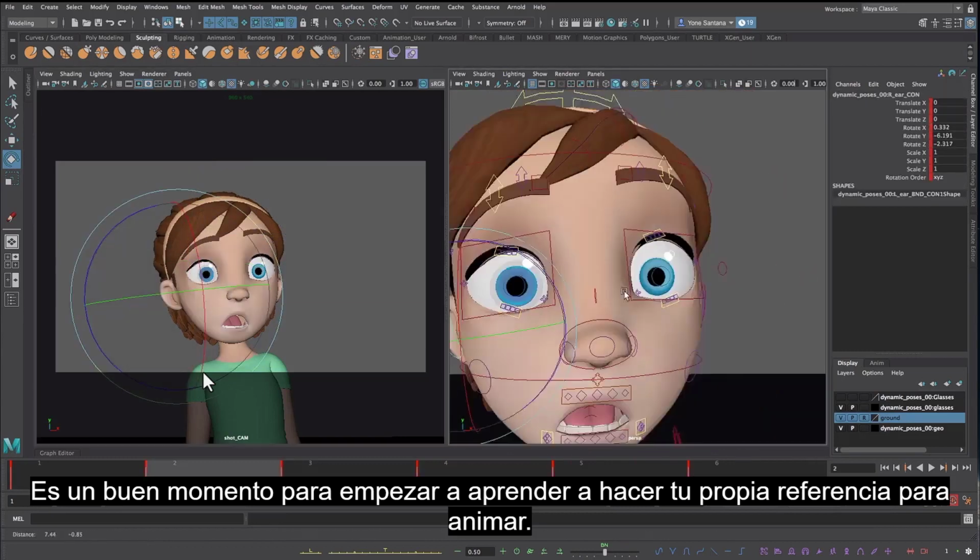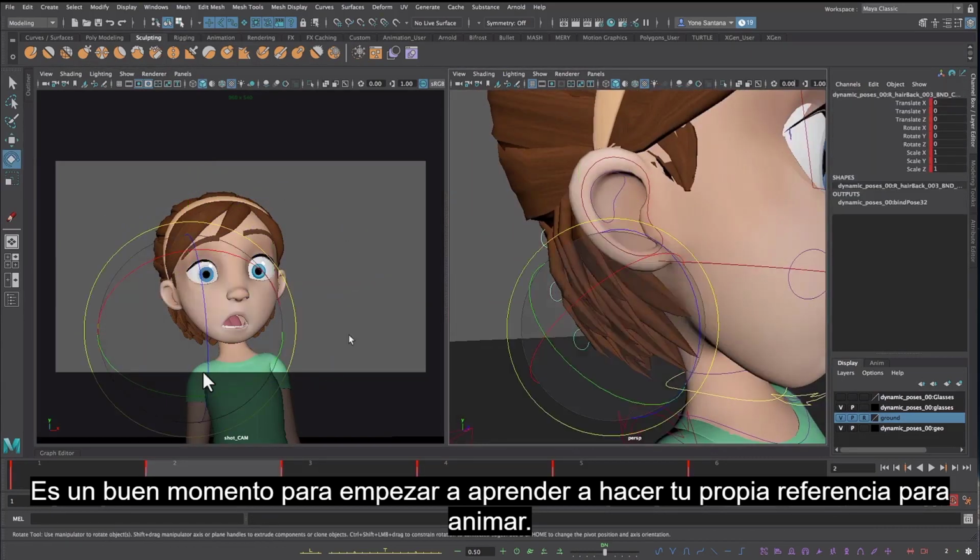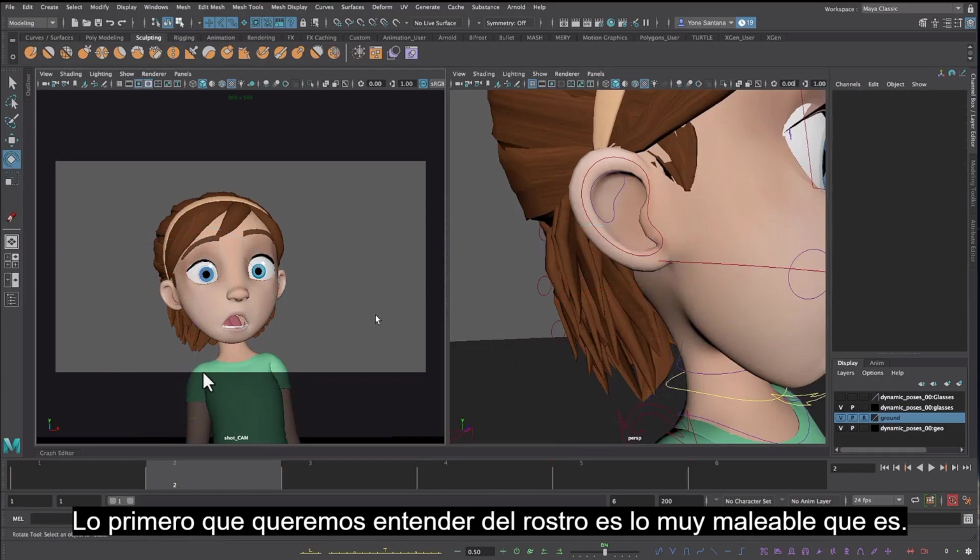It's a good time to start learning how to make your own reference for animating. The first